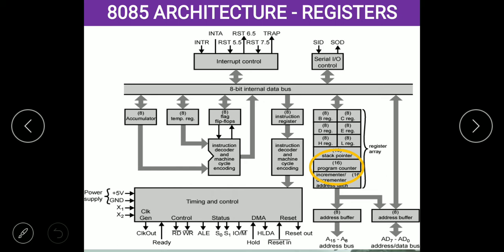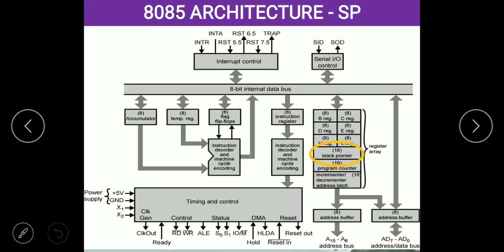The program counter is a 16-bit element. Once it reaches the 16th bit, it resets to 0. Or once whatever program we loaded in the program counter is executed completely, it will also reset to 0 and load the other program to be executed. So all the programs have to be queued in the program counter to be executed by the processor. The next element is called the stack pointer. In the stack, the memory is stacked one over the other.